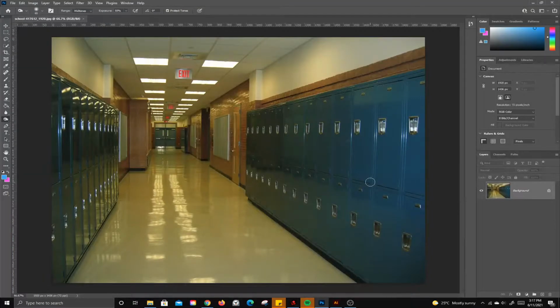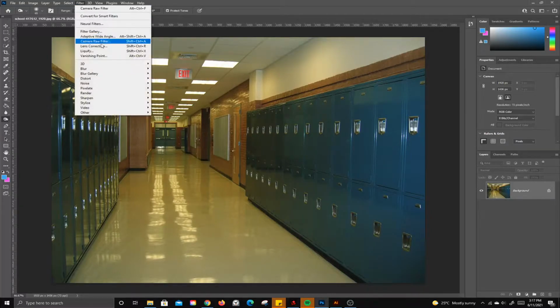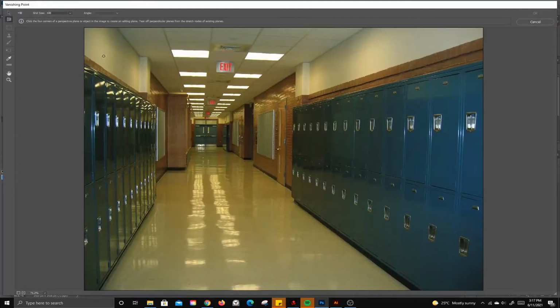In this project, we're going to look at how to use the vanishing point filter inside of Photoshop. So first thing you want to do is find a photo and open it up that has some sort of perspective where things go off into the distance. After you've done that, you're going to set up your vanishing point filter. So you'll go up here to Filters on the top, come down to Vanishing Point, and that same photograph will